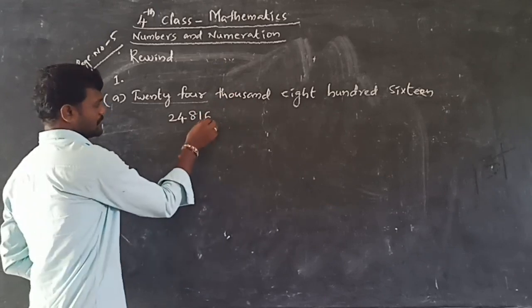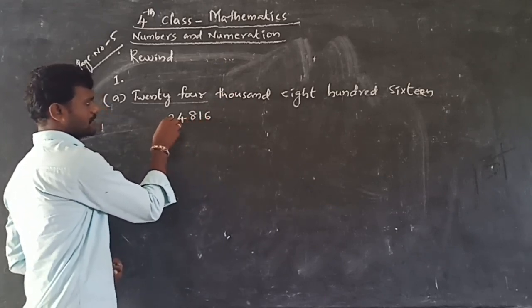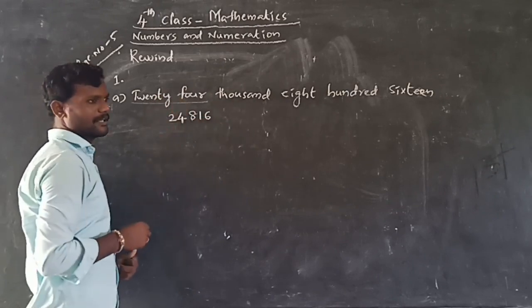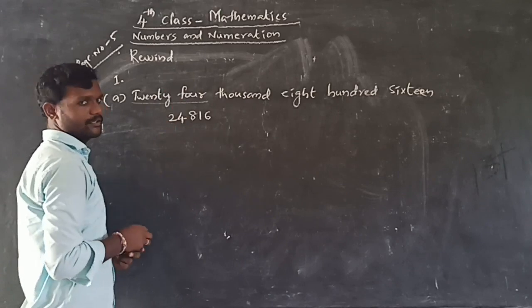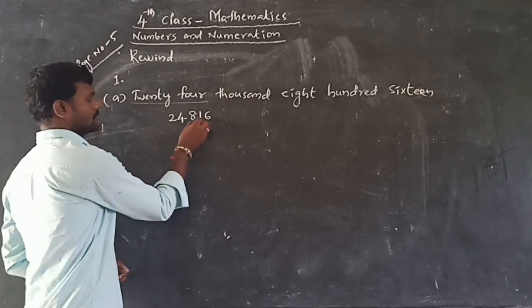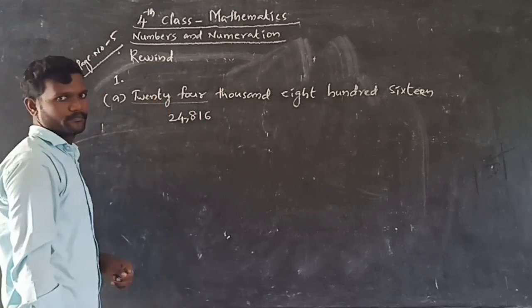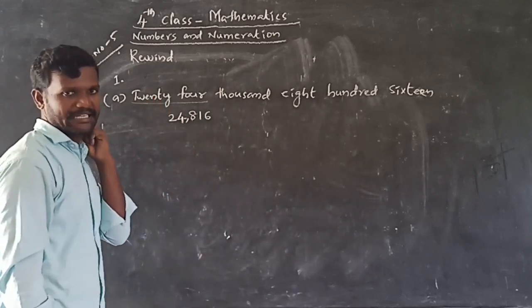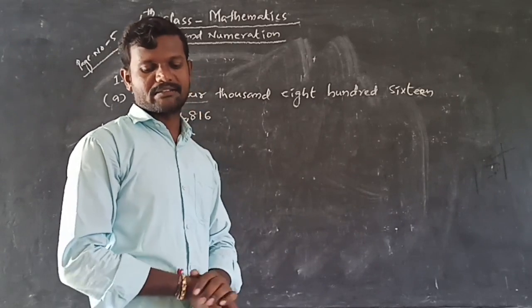Okay. Ones, tens, hundreds, thousands, 10,000s. So 24 means it is nothing but 2 ten-thousands. Now keep the comma. Where do you have to write the comma? 1, 2, 3. After hundreds you have to write a comma. That's why write a comma here. It is 24,816. Similarly, next number. What is the next number?